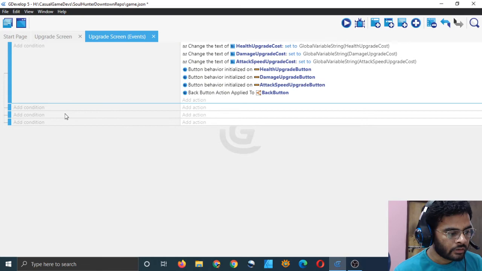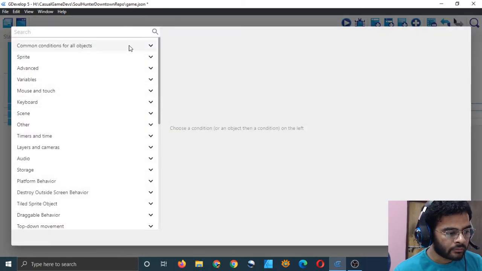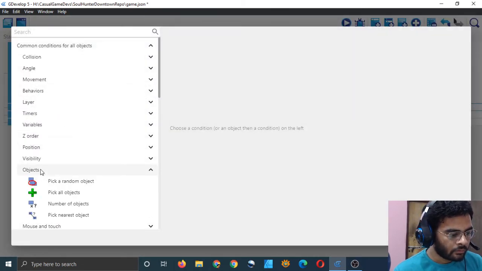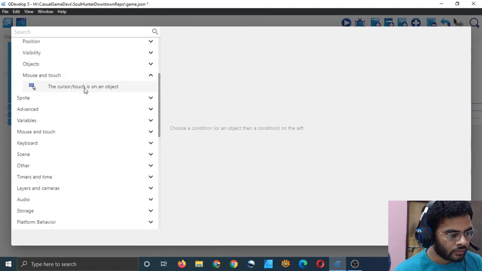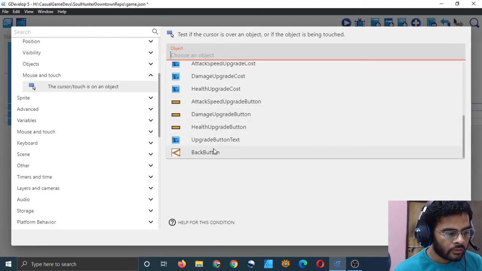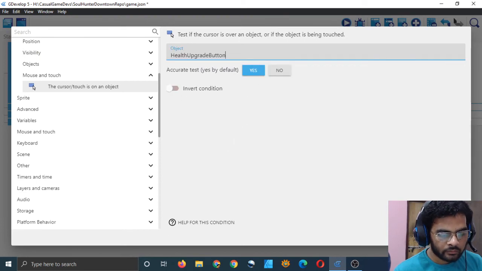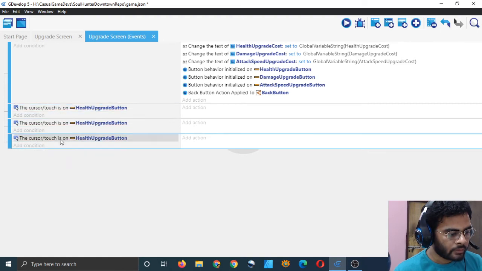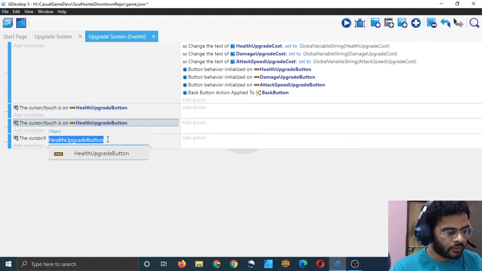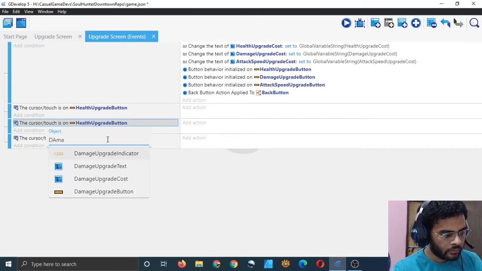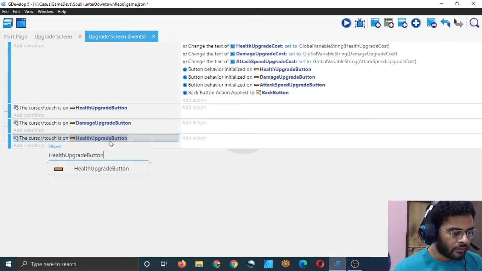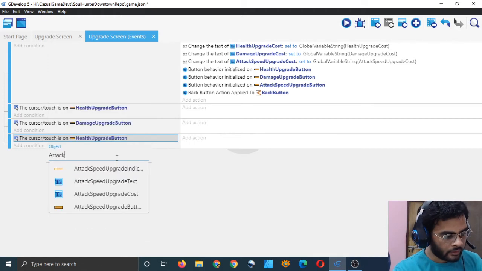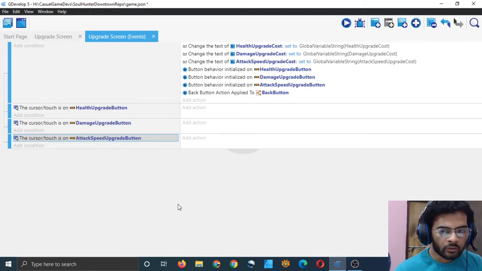I will add the condition of mouse and touch, cursor touches on an object, health upgrade button. Then copy this one and paste it here and here. Instead of health upgrade button, choose damage upgrade button, and here choose attack speed upgrade button. We have all three now.